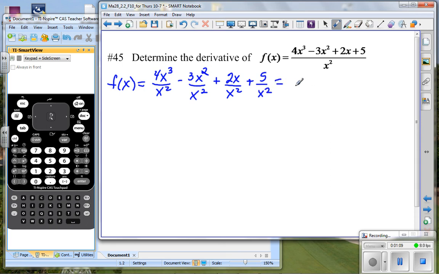If we simplify this, we would have 4x minus 3 plus 2, and in order to do the derivative I'm going to want to have the negative exponent, so we're going to make that x to the negative 1. This would be x to the 1 minus 2, plus 5, and then we'll bring that up to be 5x to the negative 2. So if we build the derivative from that, we're going to take each one of these